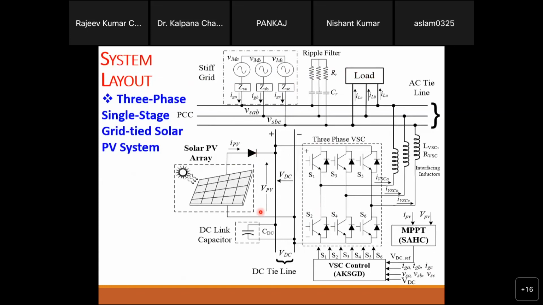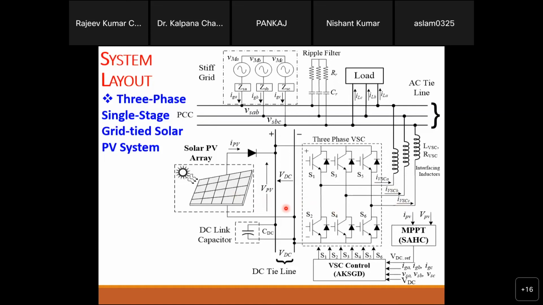If you are going for the single stage, then definitely you have the merit that you have one converter, so the losses are less and it is easy to operate. But another issue with this single stage is that, suppose you are going to play with three phase. Three phase means the voltage is, suppose, 415 volt three phase, right? So what amount of voltage is required here on the DC link? When you calculate back, you will see this is around 700 volt. It means the panel voltage should be in such a way that the panel VOC is around 800 or 850 sometimes. Then only you can connect with this VSC.